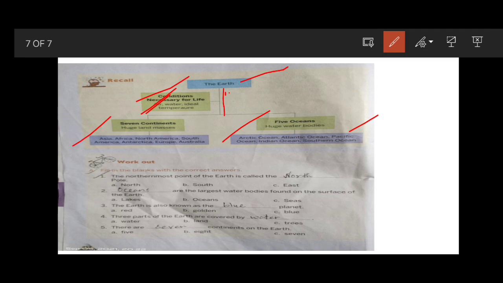Ocean means huge water bodies. And what do you mean by continents? Continents means huge land masses. So dear children, I hope you understood